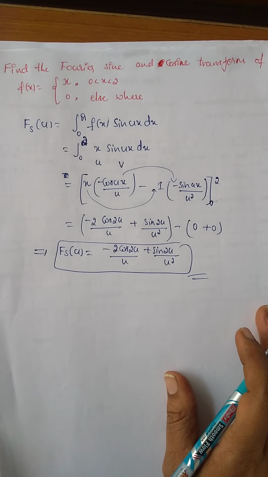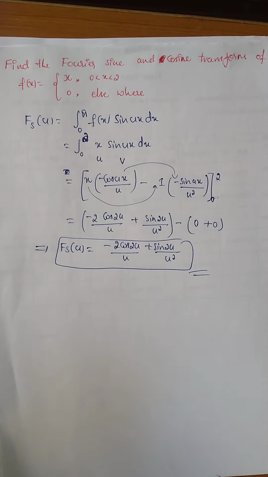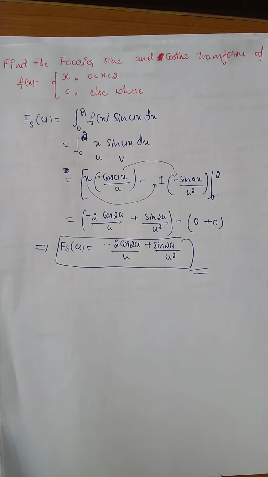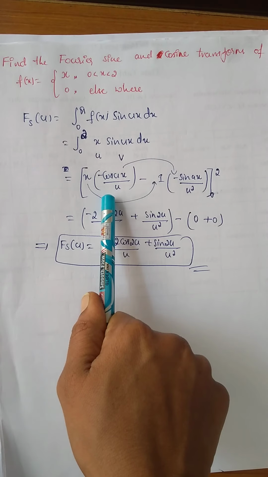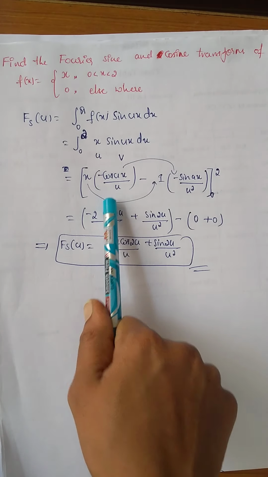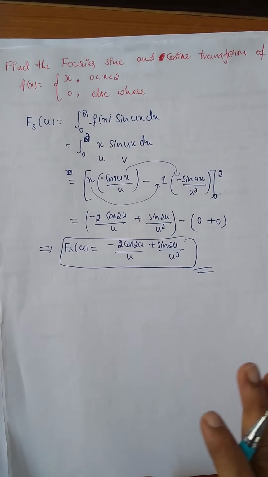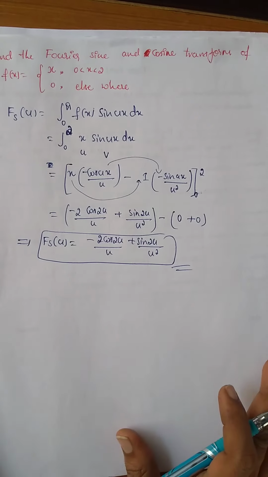Okay students, this is very simple. They are asking for the Fourier cosine and sine transforms. Take the respective formula, the Fourier cosine and sine transform formula, and substitute the function f of x. Depending on the function, we should choose Bernoulli's, direct integration, or a standard formula. For an exponential term, we can use the standard formula, integrate the function, then apply the upper and lower limits and simplify.